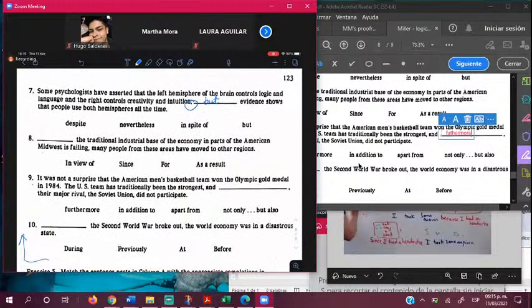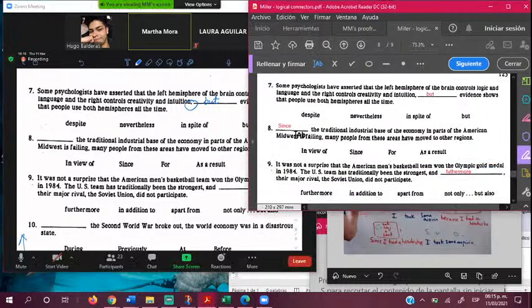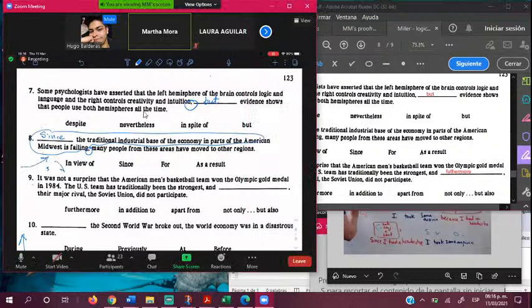Number 8. Hugo. Pero me dijiste que era since, ¿y por qué luego cuando la lees dice science? Es since, ¿no? Failing. Happens to other regions. And remember, the structure of this is such that we have the complement in initial position. So the intonation goes up to the comma, and then down. Since the traditional